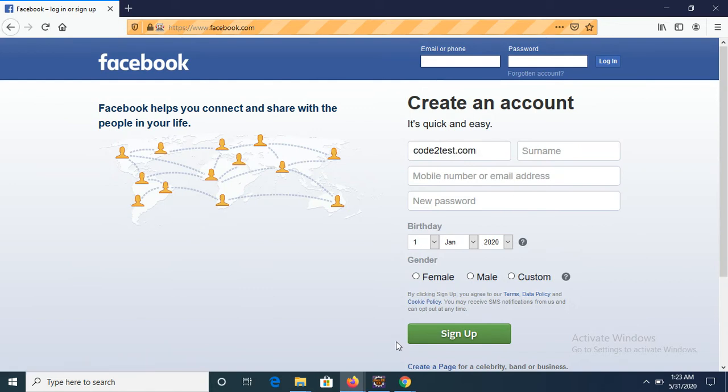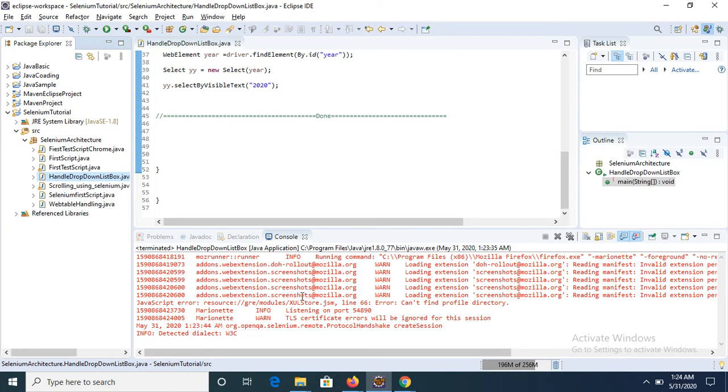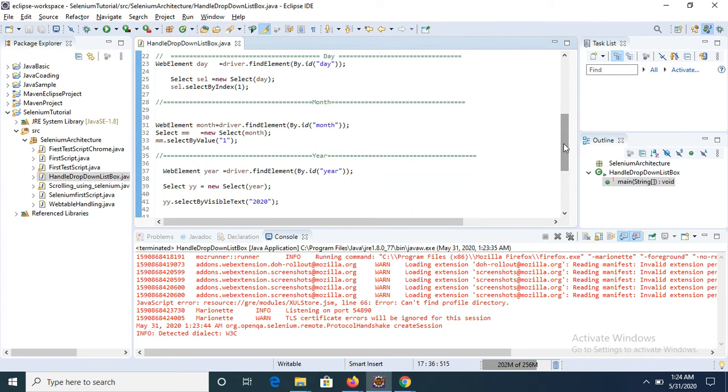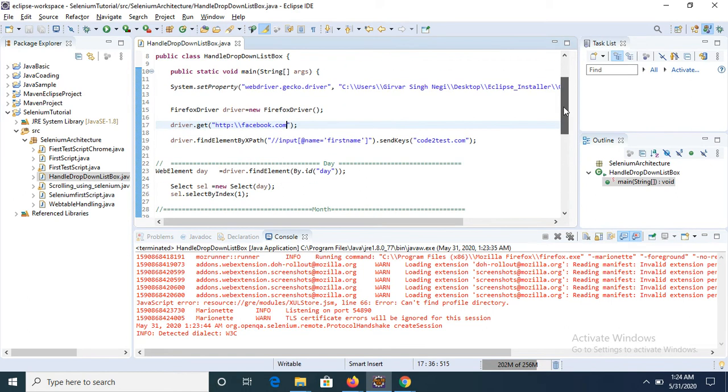So yes, we are done with our scenario. It's totally runnable code. You see that the value on the first page, code to test, got printed, and the value 1st January 2020 got selected, and there is no error. So my code is runnable. So this is the way to handle a drop down list box using Selenium WebDriver.